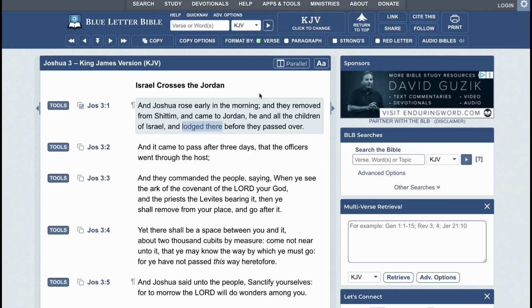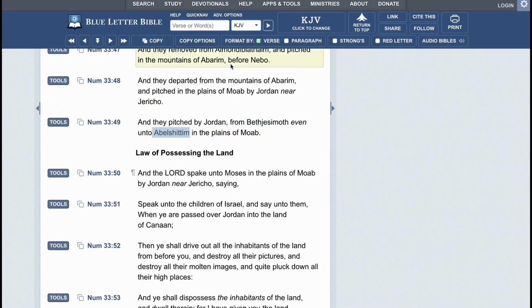It's not a whole day trek. If you look here, it says, "And they removed from Shittim and came to Jordan." There's no indication that this took longer than a day. And you'll see that they were actually very near Jordan, going back to Numbers 33, "and they pitched by Jordan." So that's letting us know right here that